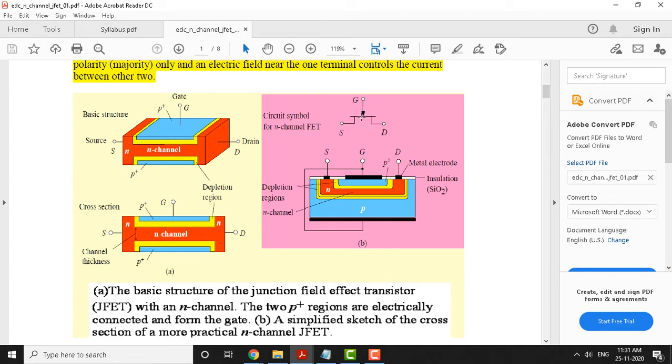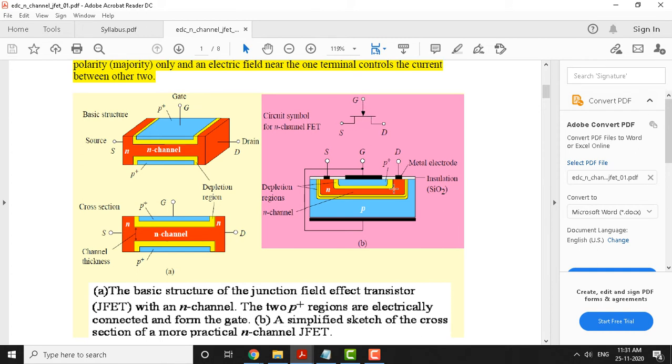An arrow mark indicates the direction of the electric field, in which direction it is applied. So it is applied to the gate terminal here, and since there is no gate current in this, the voltage applied here creates an electric field, and that in turn influences the electron current movement within the n channel here. So, the arrow mark, if it is inward, means it is an n channel JFET, and if it is outward, it will be a p channel JFET.